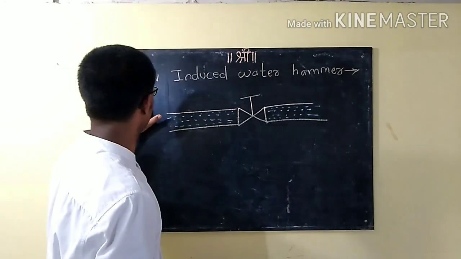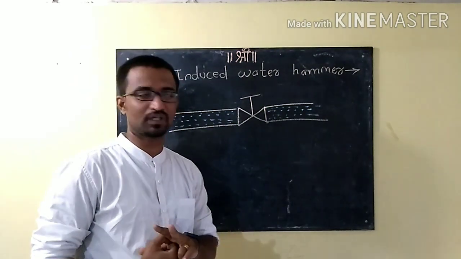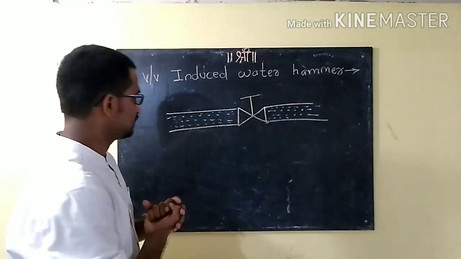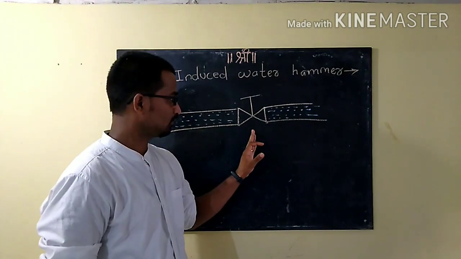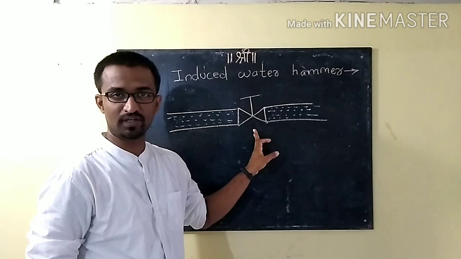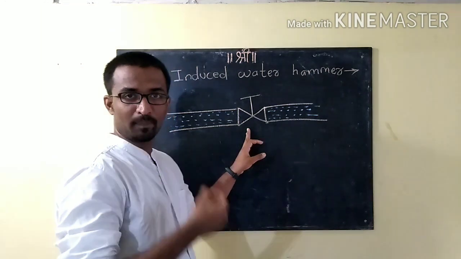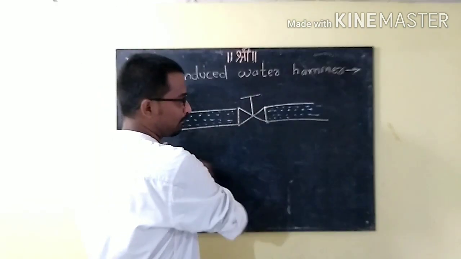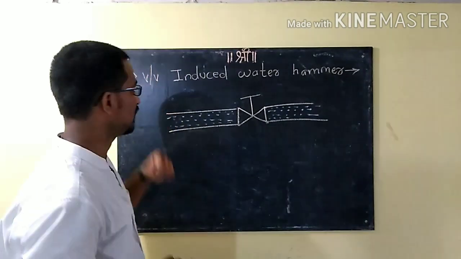So guys, now we will discuss valve induced water hammer. Here we will discuss two concepts, valve induced water hammer and void induced water hammer. This we generally observe on manual ships where the boiler feed water valve in the boiler feed water line is operated manually, or on automatic ships where the boiler control valve is operated but it closes suddenly. In that time we observe this, or in any water pipeline when you close a valve suddenly, that time you can observe valve induced water hammer.